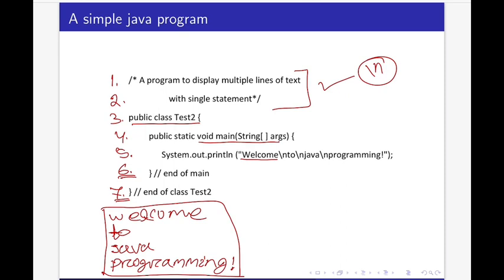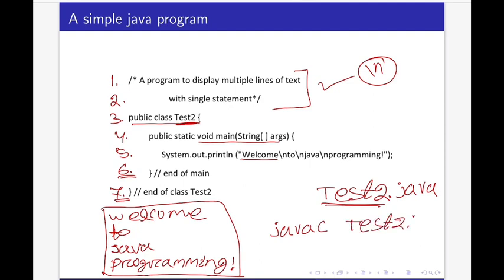The file name of this program will be test2.java, because here the class name is test2, so we need to save the program as test2.java. Then when we compile the program, the command should be javac test2.java. Then to run the program, the command should be java test2.